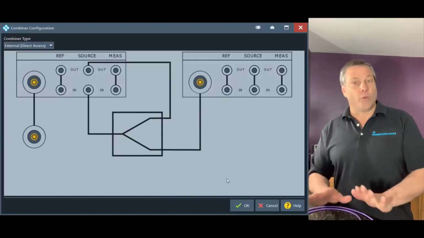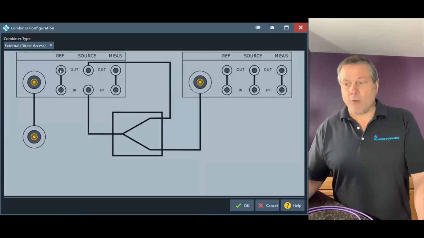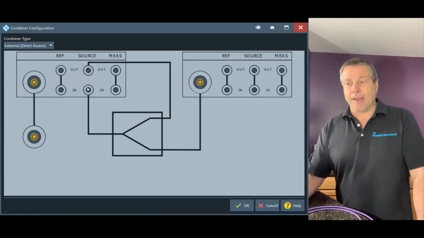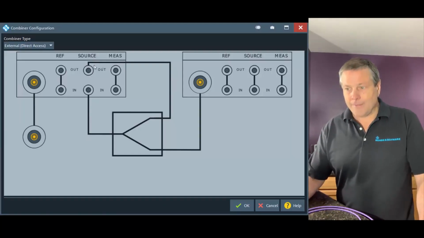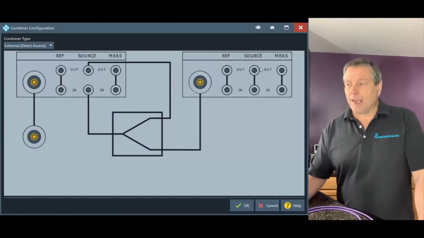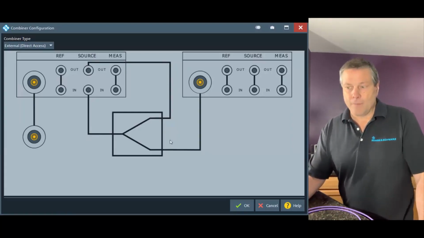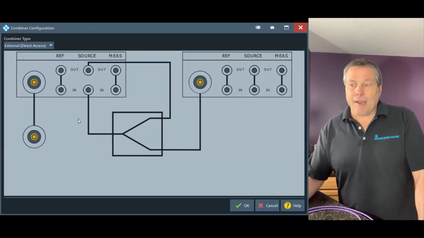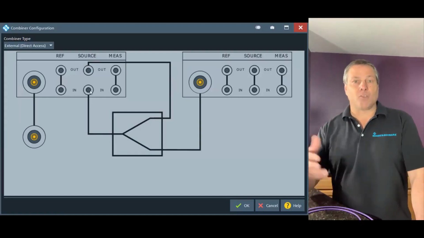Option number 2 is really similar, but we take advantage of the B16 direct receiver access option, which means that I can get at these individual connector locations. So now I can take my combiner and I can take the output signal of this port 1 right here, and run it to one arm of the combiner. And I could take the output signal of port 2 from here and run it to the combiner, or from the main port. Either way, and then I get the two tones combined, and then I take the combined signal and I run it back into the port 1 source in connector